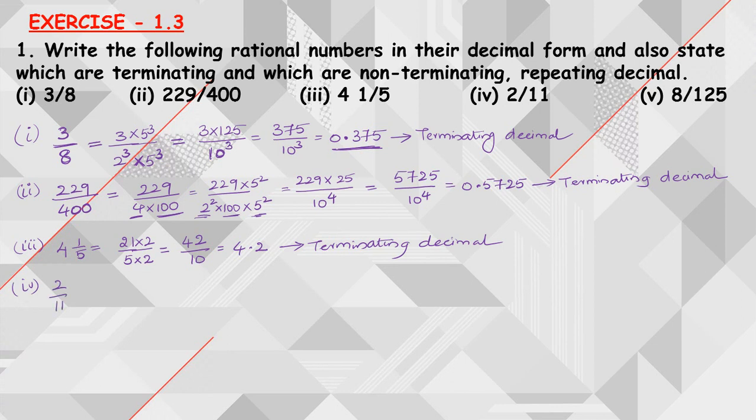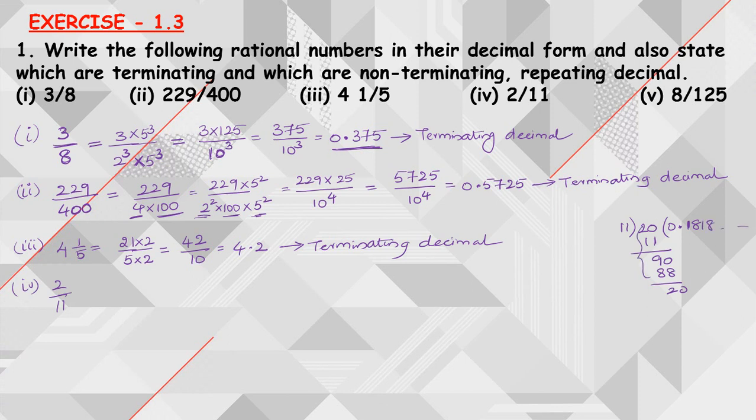2 divided by 11. In the denominator you don't have the factors of 2 and 5. So clearly it doesn't have factors of 2 and 5, so that's why we need to do the process of division. So 11, here it is 2. Since 2 is not divisible by 11, you need to consider 0 point, then this becomes 20. 11 ones are 11. Then I will be left with 9 followed by 0. Then 11 eights are 88. Again you are going to get 2. So the same process will be repeated.